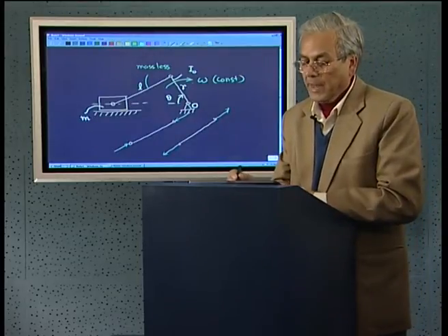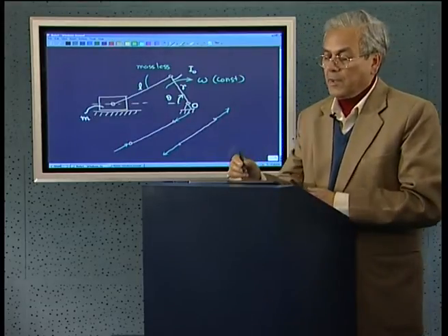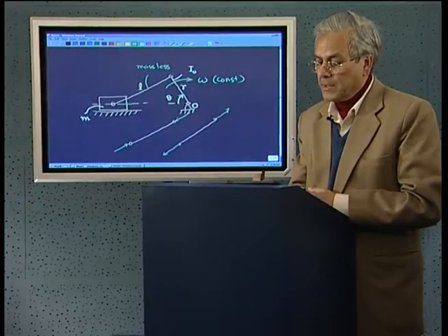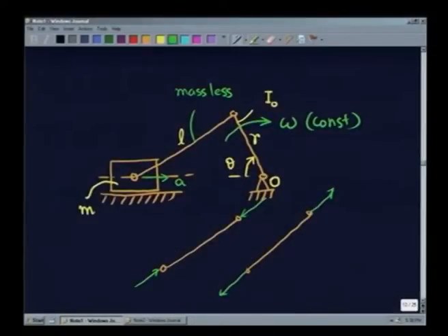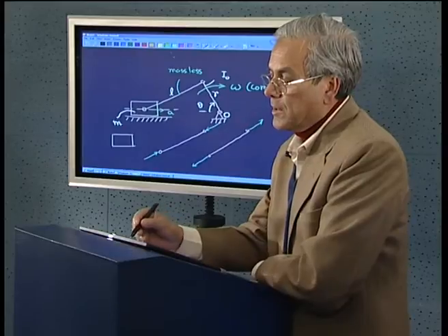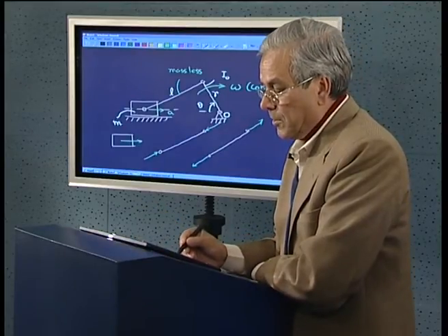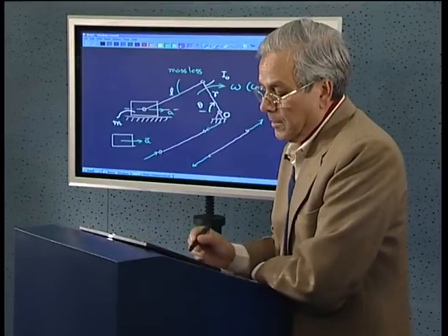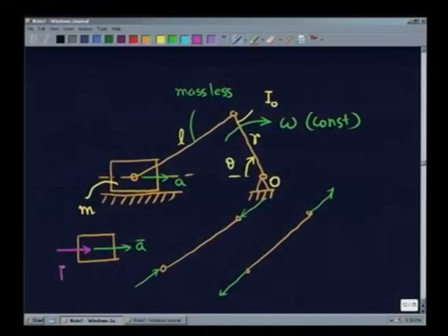Now, from kinematics you have already found out that the acceleration of this body at this instant will be A. If that be the situation, then this rigid body must be subjected to a force in this direction, which is mass into acceleration. That means this body, its acceleration is A. So, the resultant force on the body must also be F, which is simply mass into acceleration, but